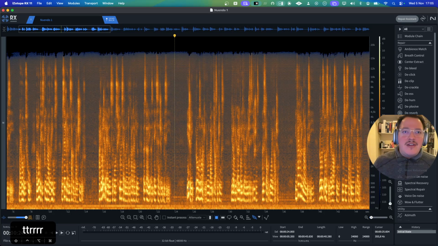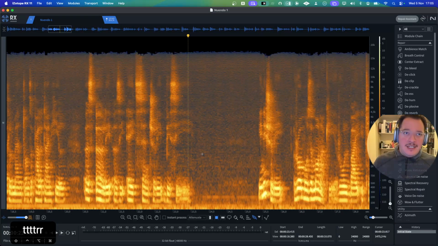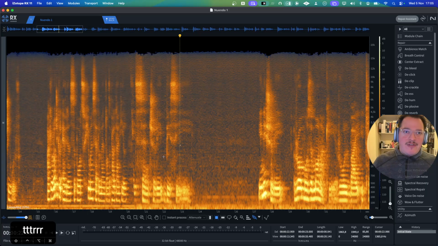I always hear from clients that this view of the audio is as if you're looking into an X-ray of the audio file, which I really like, because it is pretty much a type of X-ray of the audio file that you're looking at. So it gives us a lot of information.